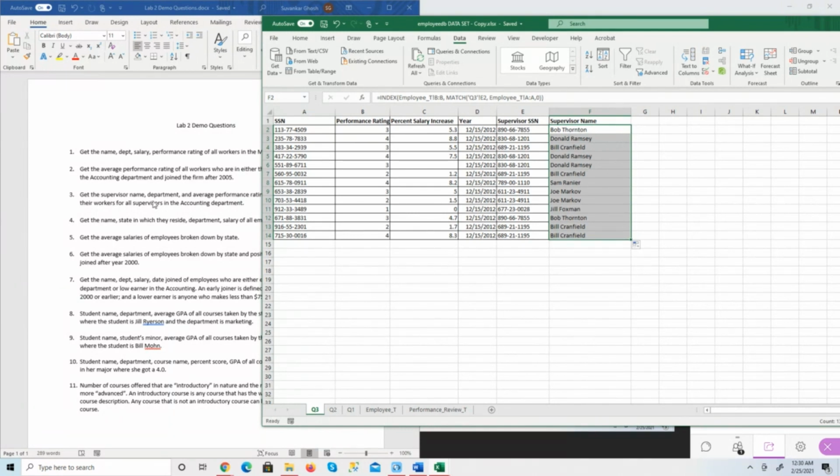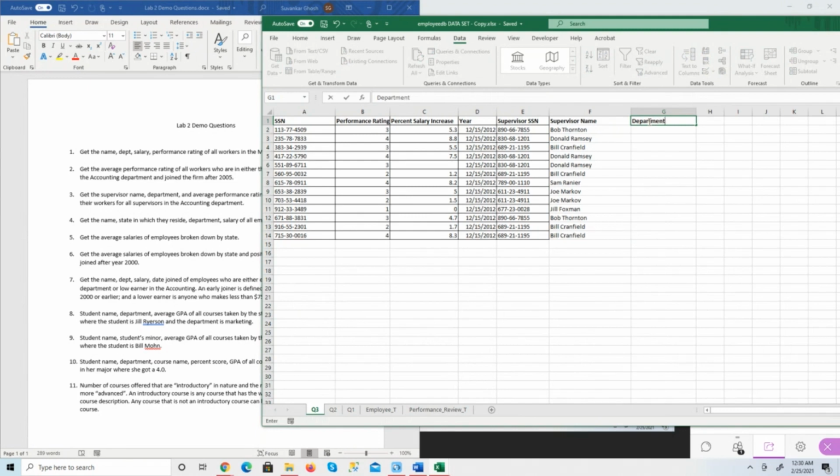Now they also want the department. Of course, the worker and the supervisor supervising that worker belong to the same department, so you can find the supervisor's department. Again, we're going to use the index match functions to find the department. We got the supervisor's name, then we get the department. So again, use this index match function. So index, and then